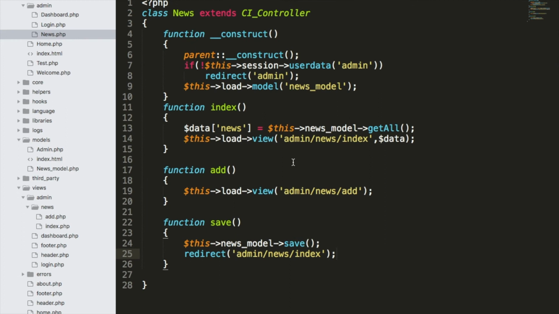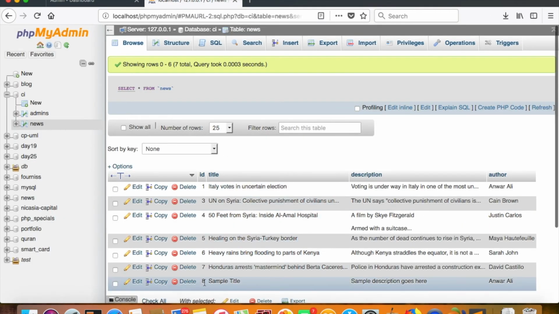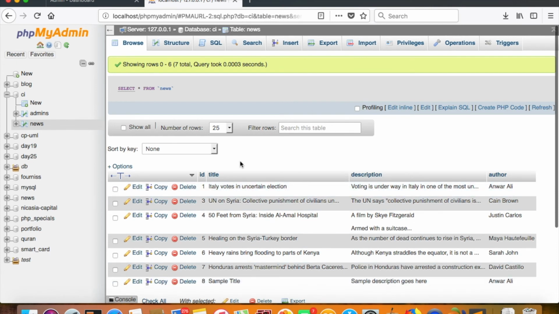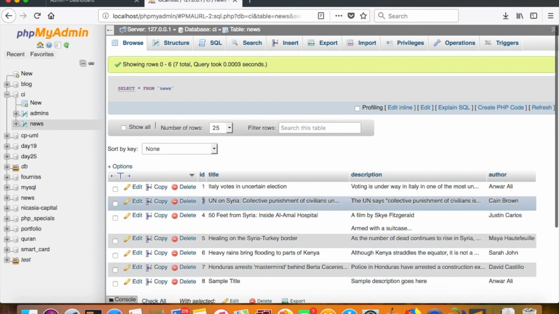So what we can do here is, while grabbing the news from the database, we can sort it as per the ID, right? So latest ID, the ID with the higher value should be shown on the top, because if you see our database, we can see that inside news the ID 8 is the latest news and ID 1 is the oldest news. So I want to show 8 on the top and 1 on the bottom, right? So I have to sort these entries as per ID, but in descending order. So in order to do that,